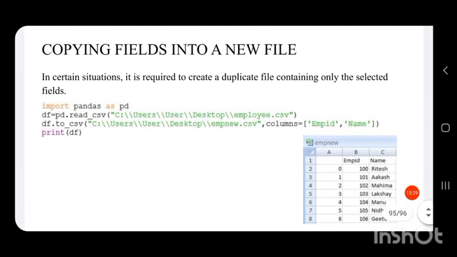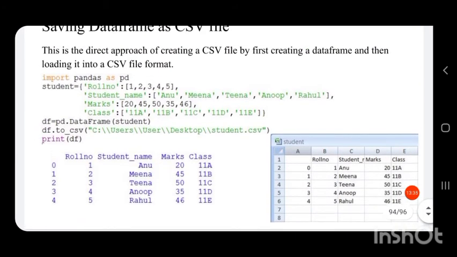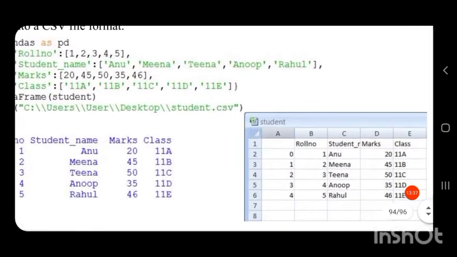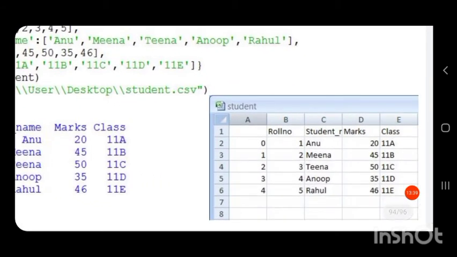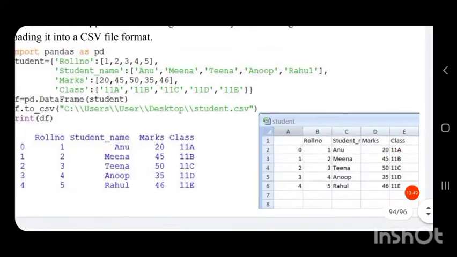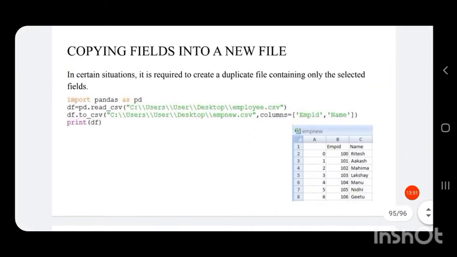Next, there are cases where we don't need to import all the columns. All the columns may not be needed. There are cases where we need only a few of the columns in the CSV file, or in the data frame.